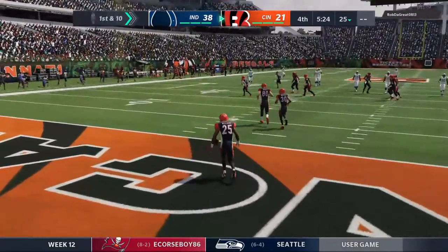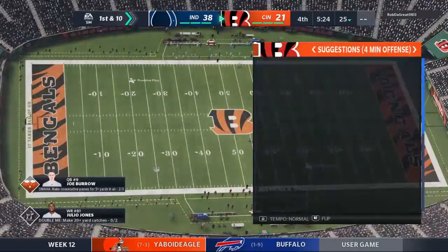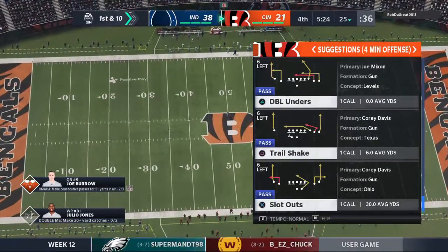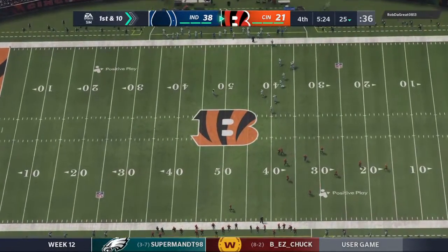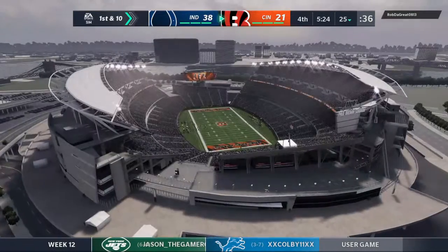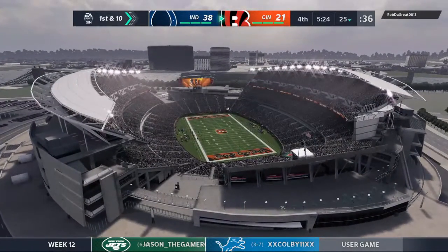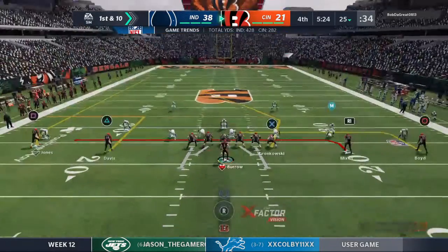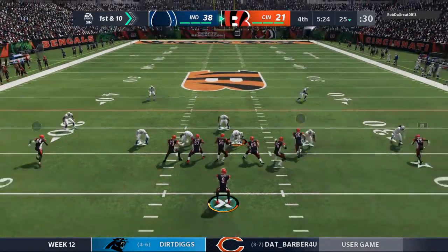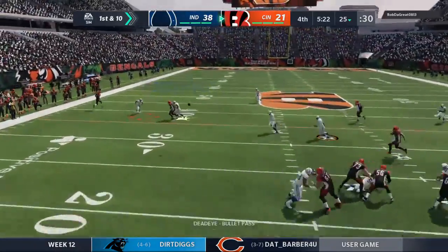Fair catch made at the 25-yard line. The Bengals take over 1st and 10 at their own 25-yard line. The Cincy offense about ready to go here on their next drive. This one certainly has not gone according to script. You would have thought on paper that this offense would...